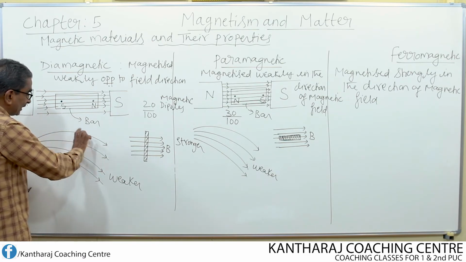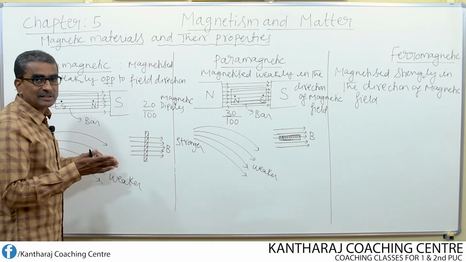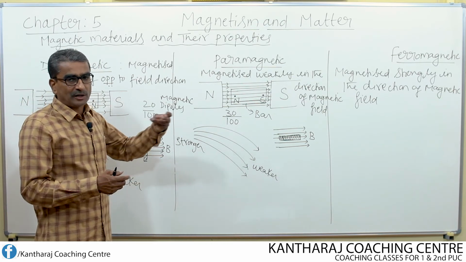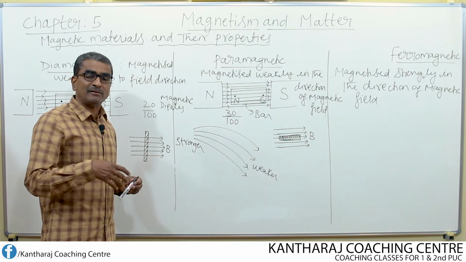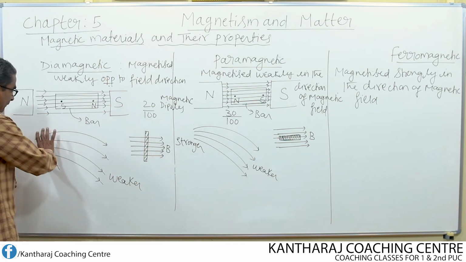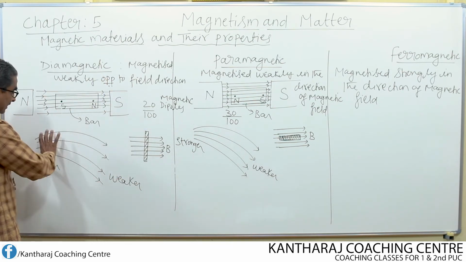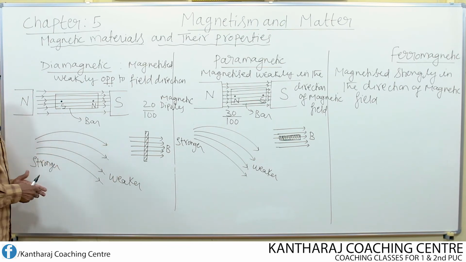They are found to be what? They are found to be curved, or they may be diverging, non-uniform magnetic field, or the non-uniform magnetic field lines may be converging also. Here the magnetic field lines are taken in what? In a curved manner. Therefore, it is a non-uniform magnetic field.